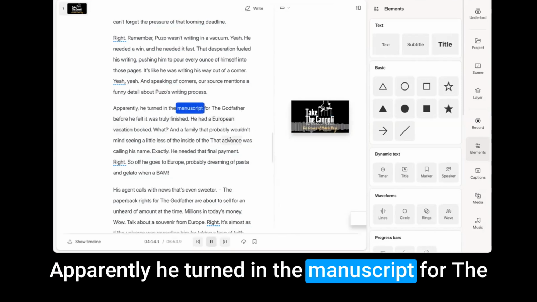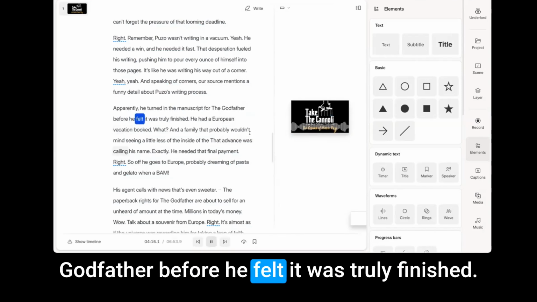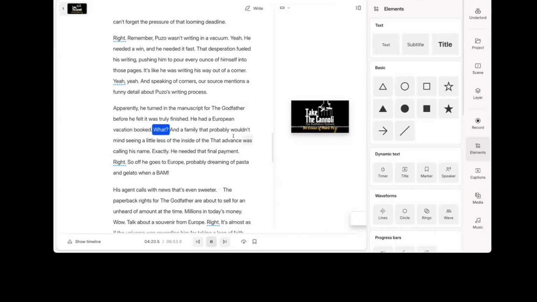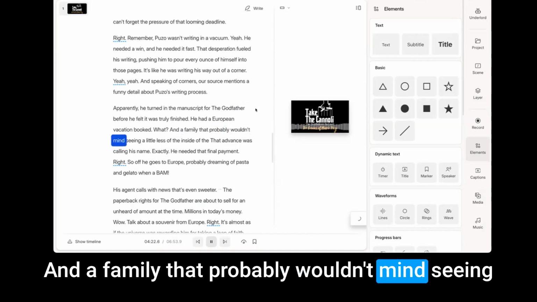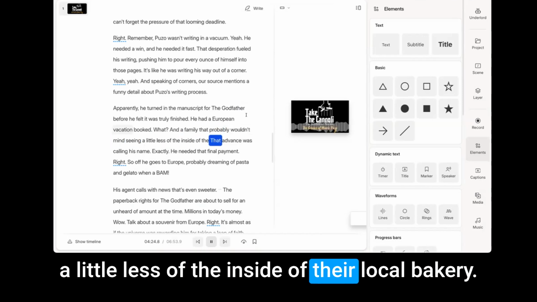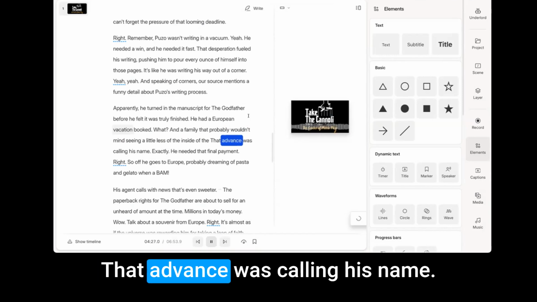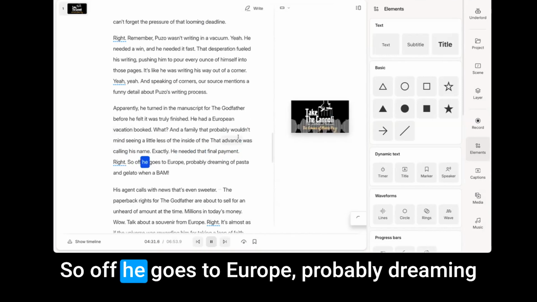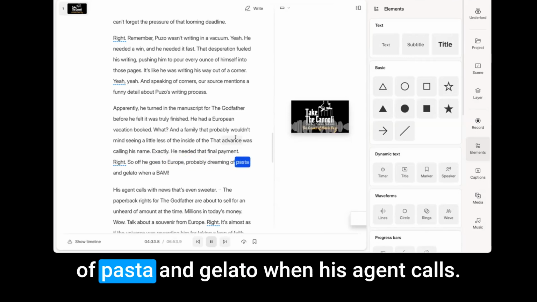Apparently, he turned in the manuscript for The Godfather before he felt it was truly finished. He had a European vacation booked, and a family that probably wouldn't mind seeing a little less of the inside of their local bakery. That advance was calling his name. Exactly. He needed that final payment. So off he goes to Europe, probably dreaming of pasta and gelato when back, his agent calls with